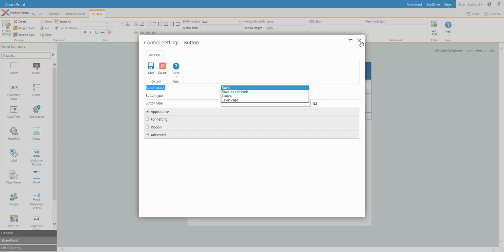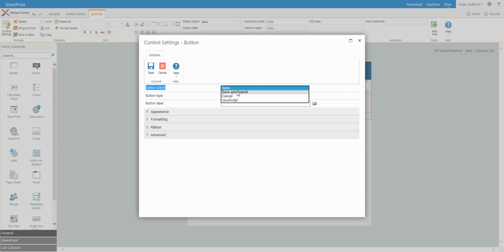But when you're dealing with a task form, so if you have a workflow, like a Nintex workflow that is assigning a task to a user, and they use a Nintex form for the task form, then what you could actually do is have a save and also a save and submit button. The save button will actually save the task form, but will not get the workflow to continue on, right? It'll sit there and wait until the actual task has been submitted. Whereas the save and submit will actually submit the form and then will cause the workflow to continue on and